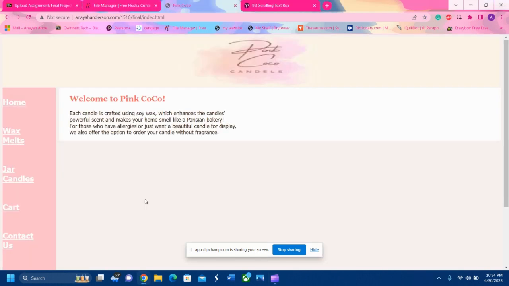So I chose the name Pink Cocoa, and the business is to sell candles inspired by different types of desserts. So my first page is the home page where it welcomes you, gives a brief little description about what the business is about, and we pull from chapter 2 a lot, and we'll see throughout all of the pages where it's just basic HTML setup,